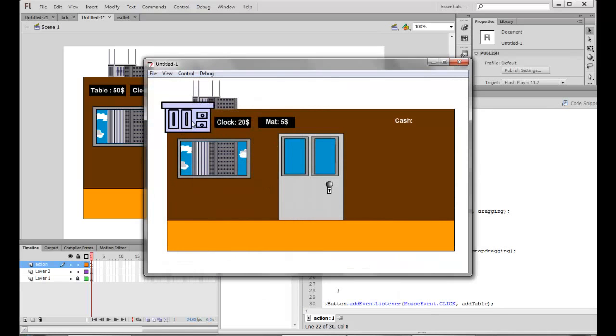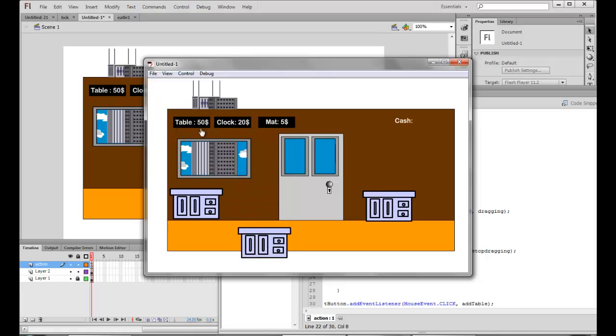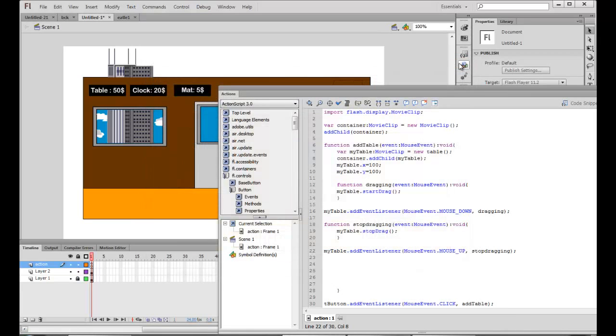So I say table, a table is produced, and yes, I'm able to place it wherever I want to. Right. Now another table, another, and so on. Now I'll do the same thing for all the other instances. I should be able to add the clock, the mat, and everything.